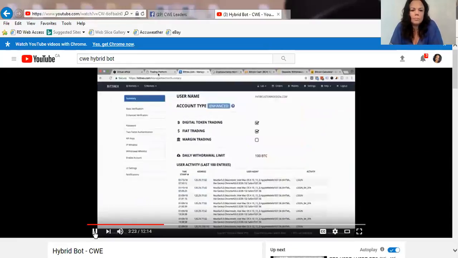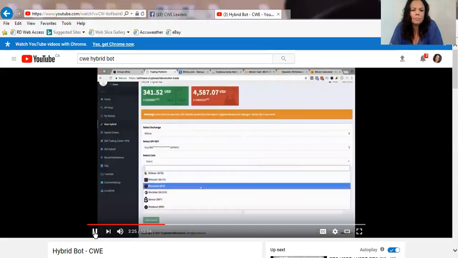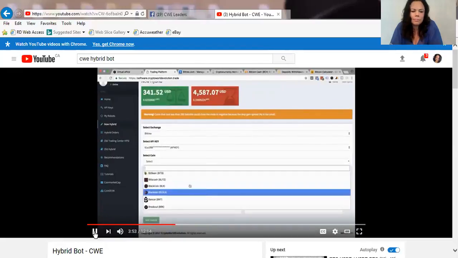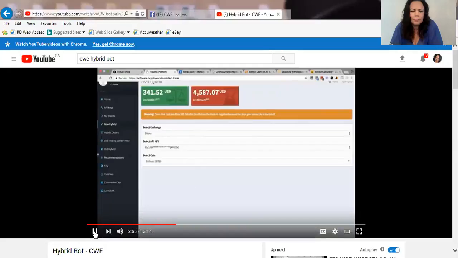So basically, the hybrid bot will allow you to trade between not only the most stable coins, but the most volatile coins. And when you're trading, volatility is great. It can be a great thing to have, right? Volatility, because you can profit very quickly. And I have some tips and tricks for you guys in order to win most of your hybrid trades. So let's say I want to invest in,